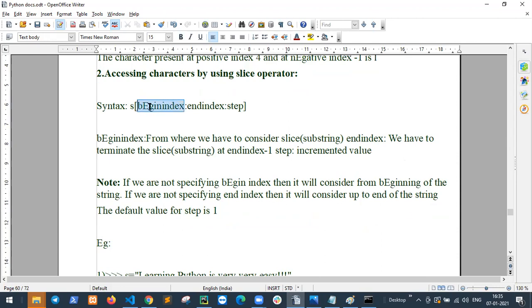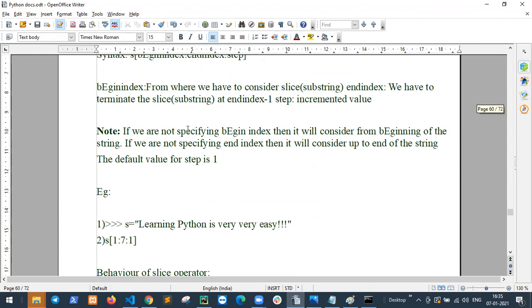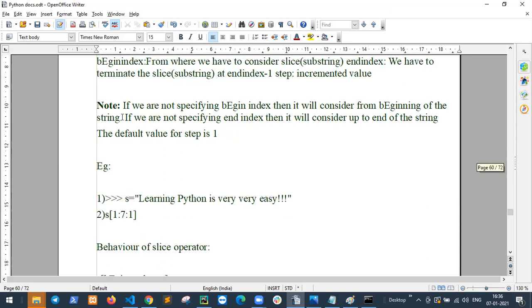Beginning index, that is starting, ending index and steps. How do steps work? Beginning index is from where we have to consider the slice substring. We have to terminate the slice substring at end index minus 1, and step is the increment value. If we do not specify the beginning index, then it will consider from the beginning of the string. Means if I say